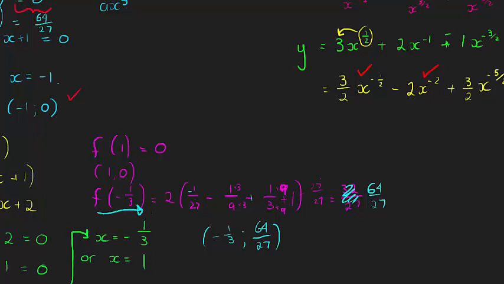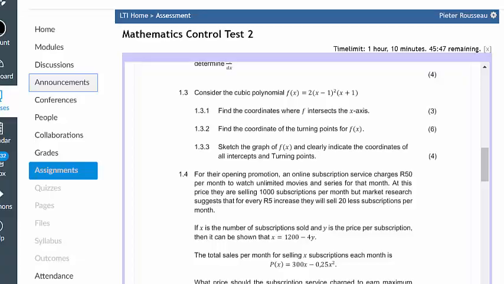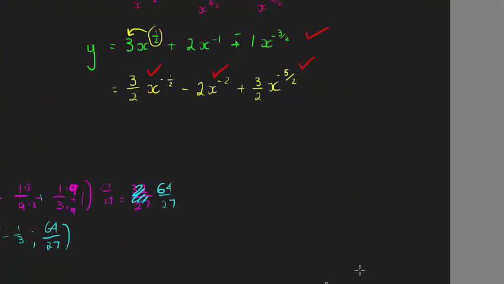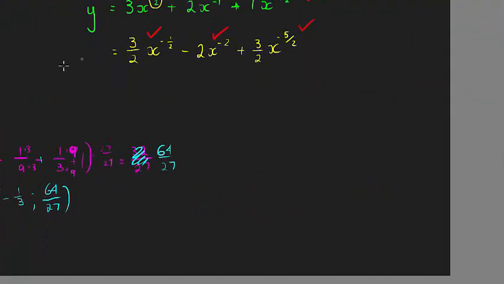so those that got to this point did get it correct. And then let's quickly look at the last question here. Sketch the graph of f(x) and clearly indicate the coordinates of all the intercepts and turning points. So if I am going to sketch the graph of this, I don't need much more space than that. So there's my coordinate system, Cartesian plane,